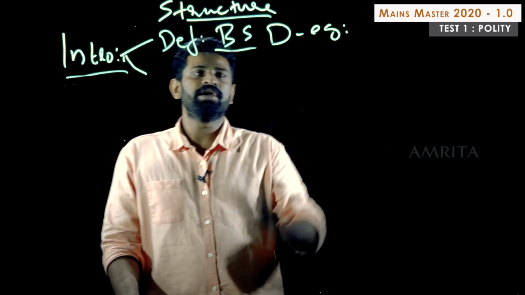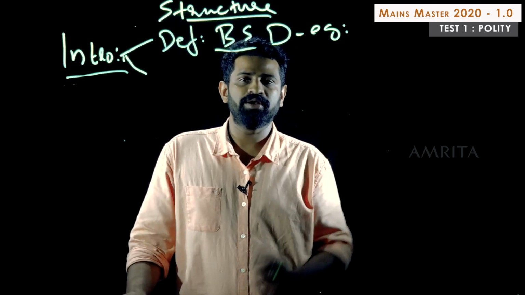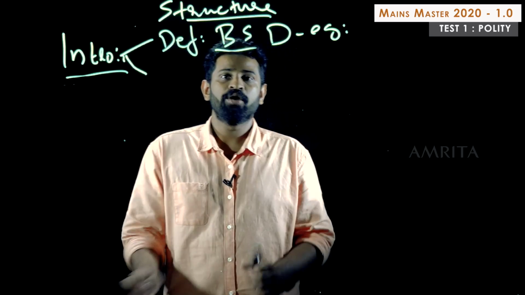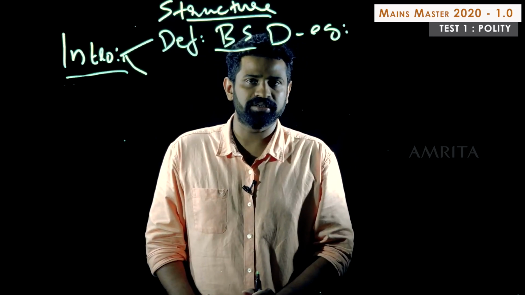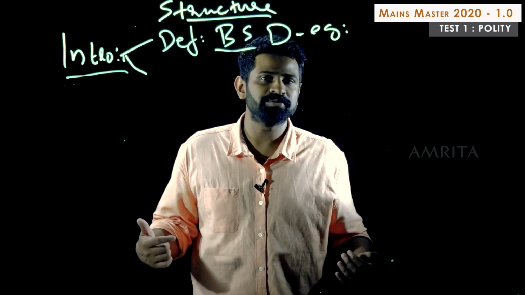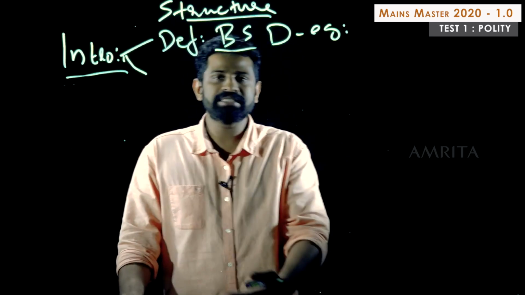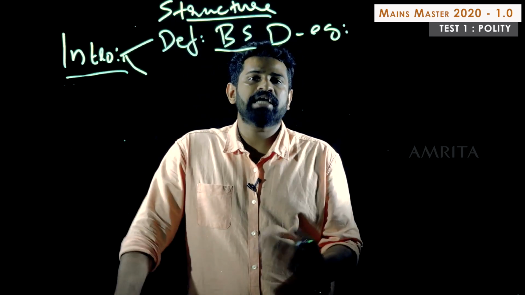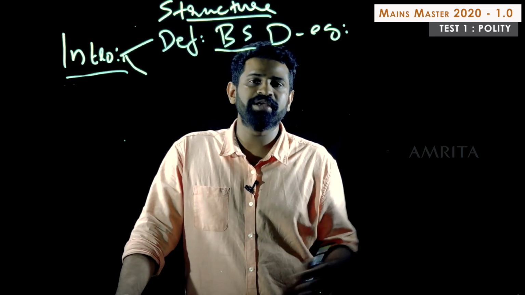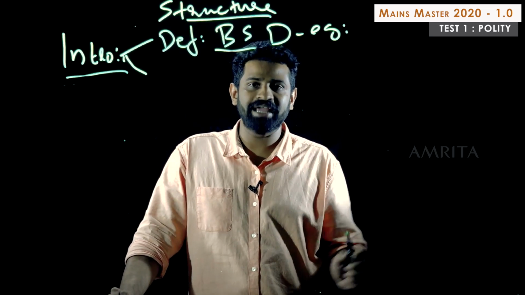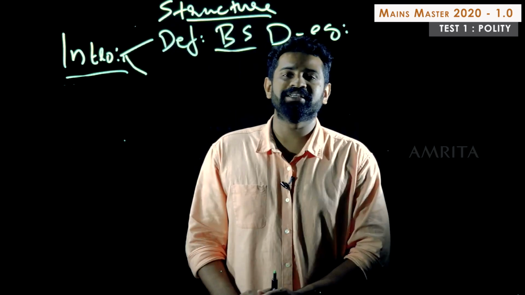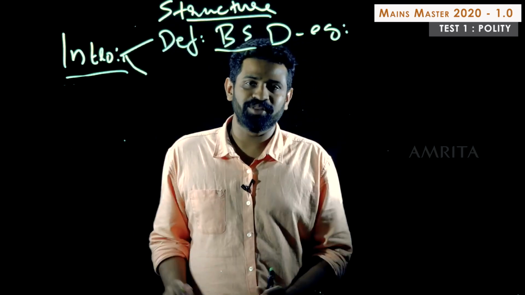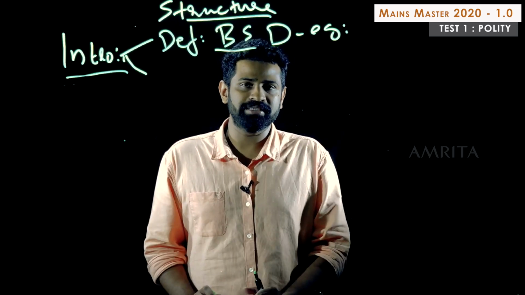So obviously, once you define in one line or so, the next thing you can say is what would be your overall approach to this answer. That is something you can present in the introduction. So the examiner would know what to expect, right? So in questions like this, what is the kind of approach? In most situations when it comes to UPSC answer writing, we take the Buddhist middle path. Okay, that is our most preferred strategy. Whenever you are in doubt, you go for the Buddhist middle path when it comes to UPSC answers.